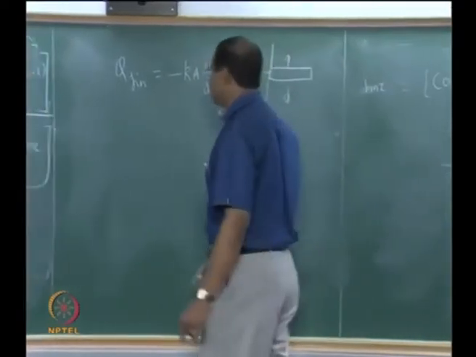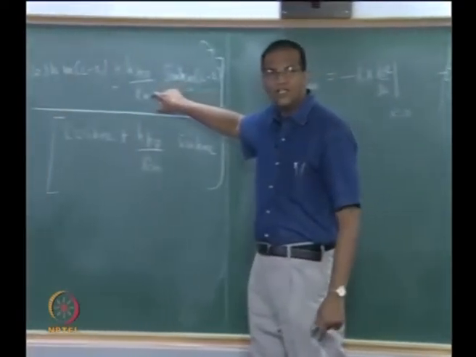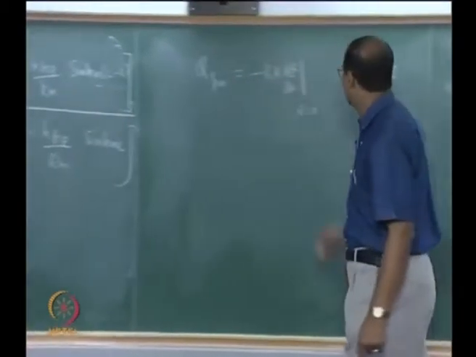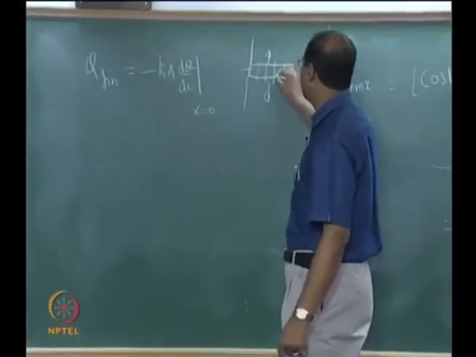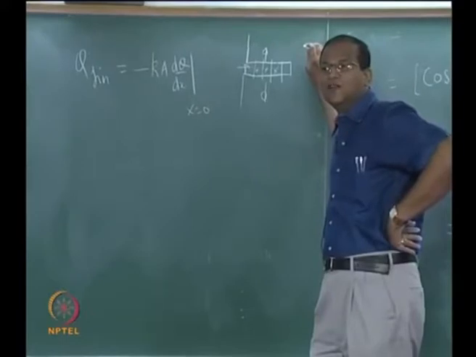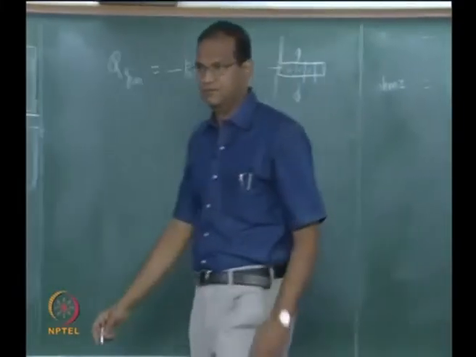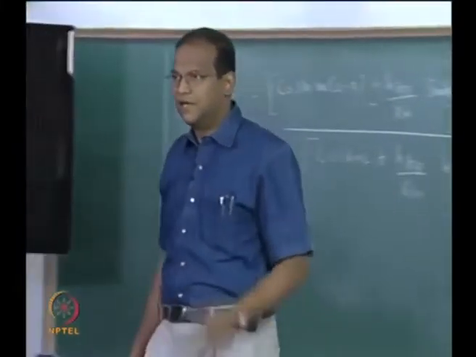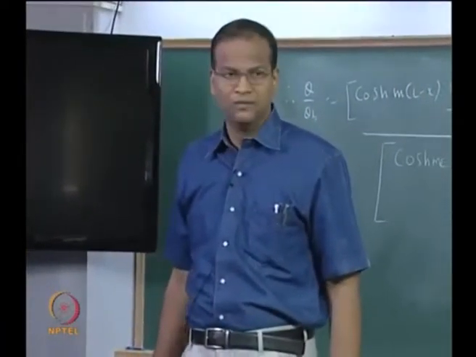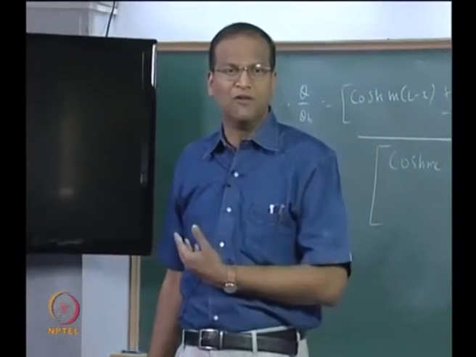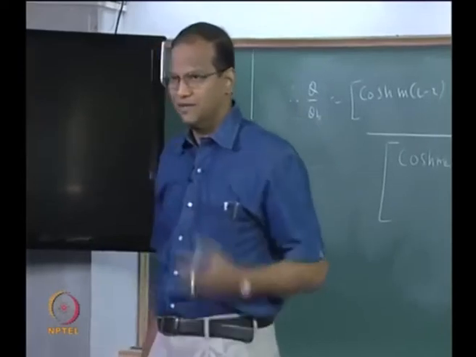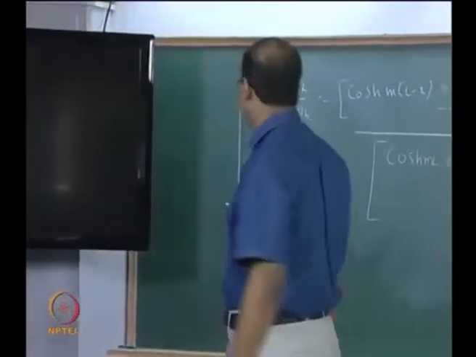Alternatively, I can find out theta at every station x, divide the whole fin into several stations, find hA delta T for each of these sections and numerically add up. That will also be the same. What, Pullarao, you didn't follow? But this analytical formula is available, we will do this. Both should be equal within numerical limits.